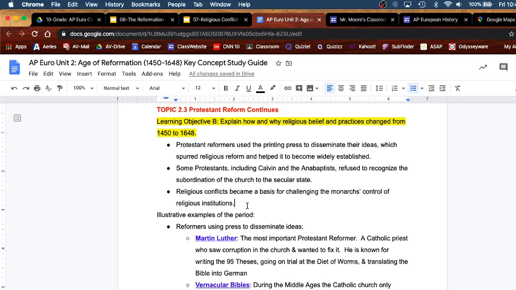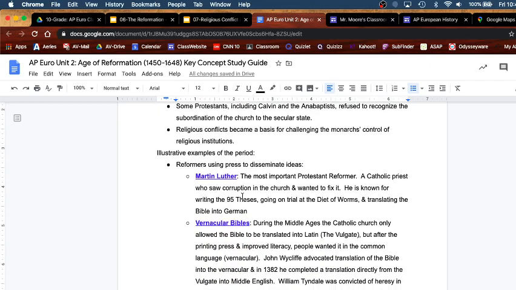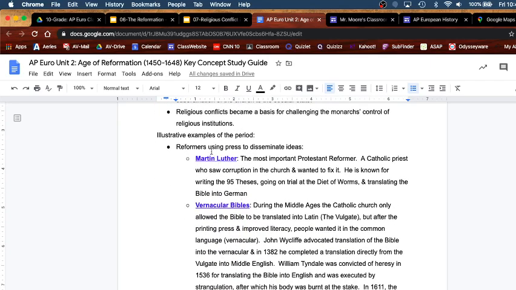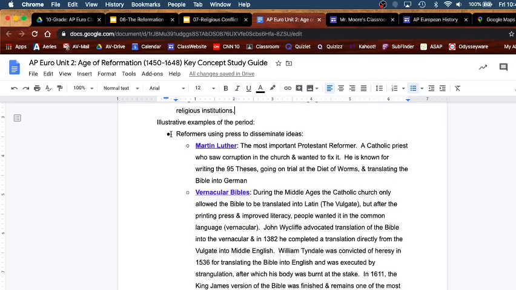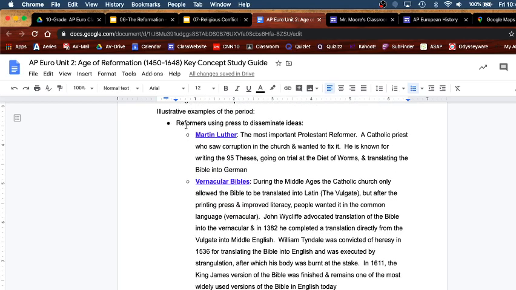Then it talks about freedom of the press and freedom of speech and the right to petition government and assemble peaceably. But the first thing it does is grant religious freedom. So that's a huge key critical point. Here are some of the illustrative examples of the period.